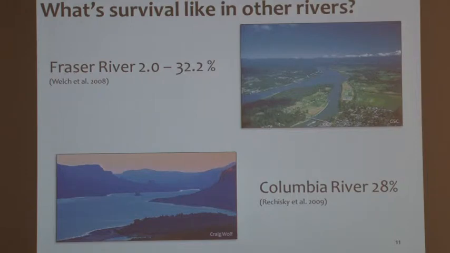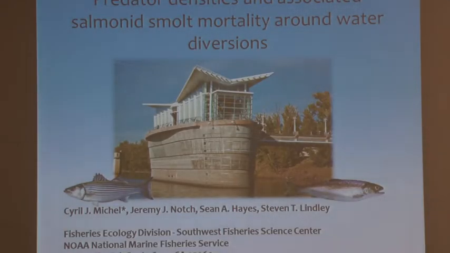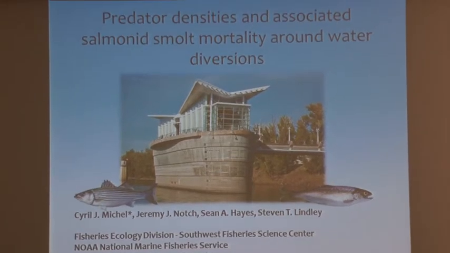So we're seeing much, much lower levels of survival in the Sacramento River, and the question is really why, what's going on there. We don't have the dams, which were thought to be the big problem in the Columbia River with the passage problems for the hydro facilities, yet our salmon are doing far worse. So, moving on to the next study.